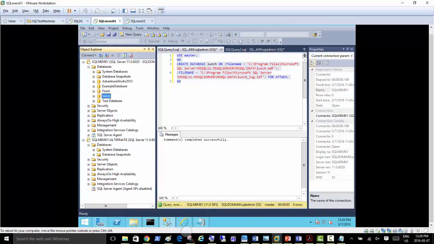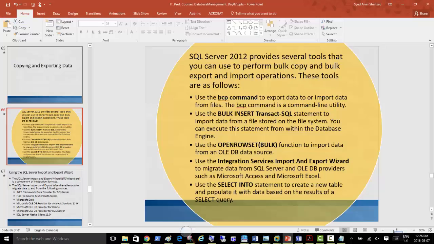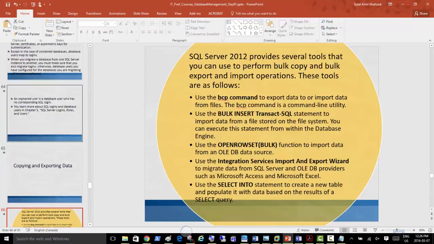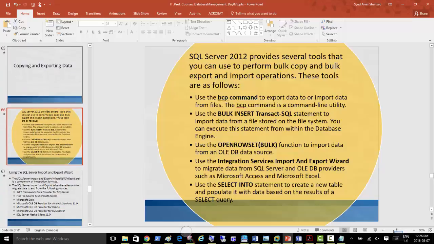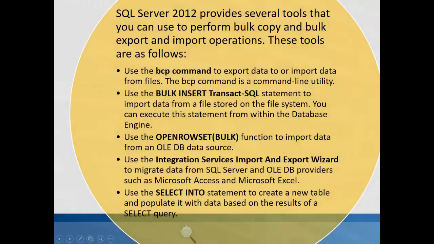So we're just gonna go ahead now. Copy database itself is easy, and we know where to start the wizard. But when it comes to copying data, importing and exporting data, there are several commands that we can use. SQL Server provides several tools that you can use to perform bulk copy and bulk export and import operations, right? Use the BCP command to export data to or import data from files.